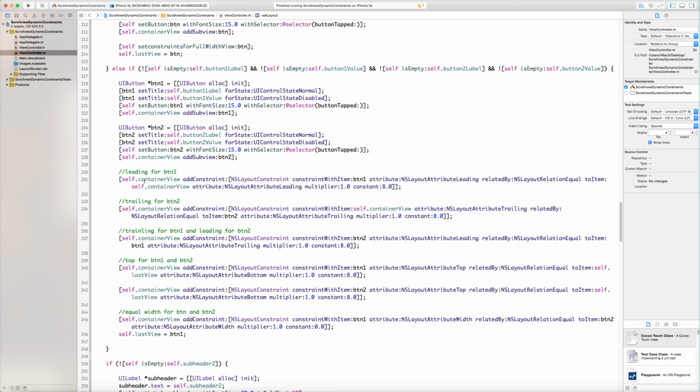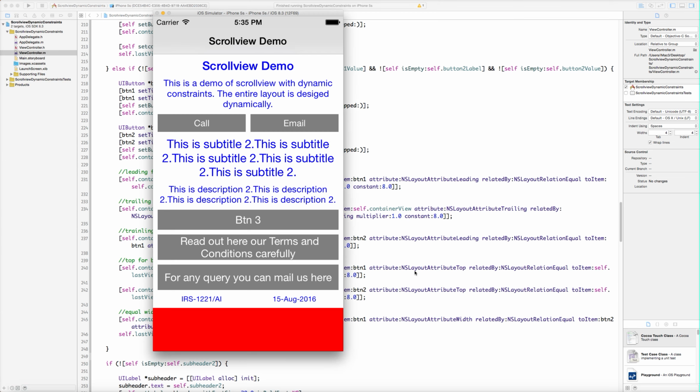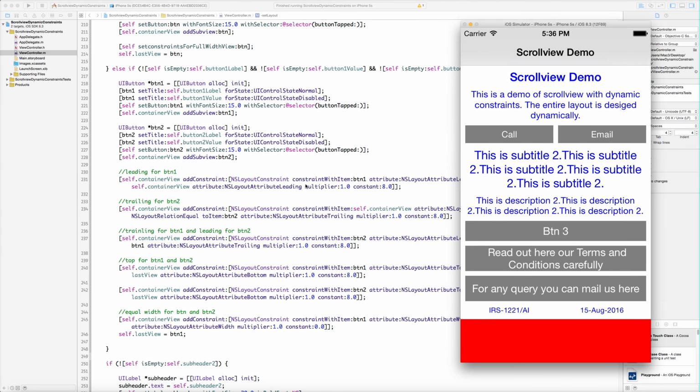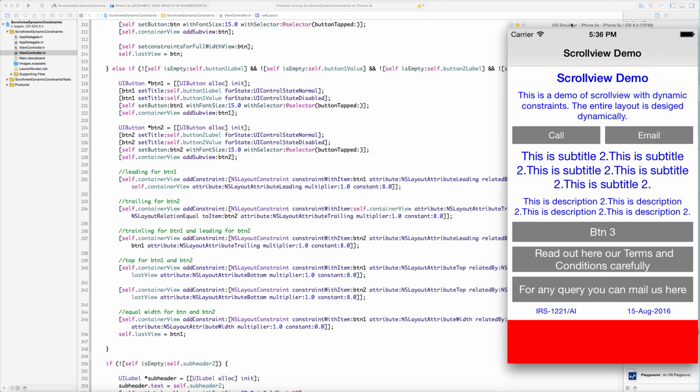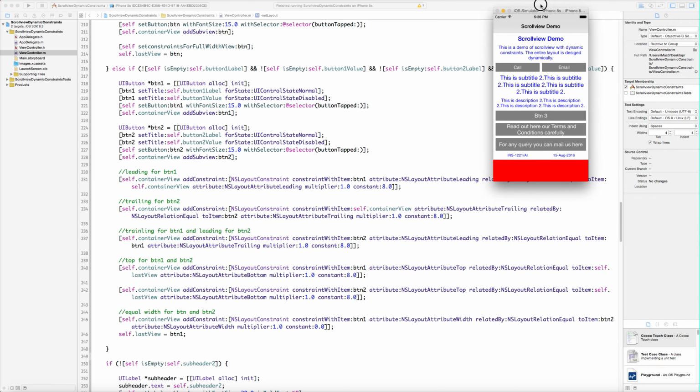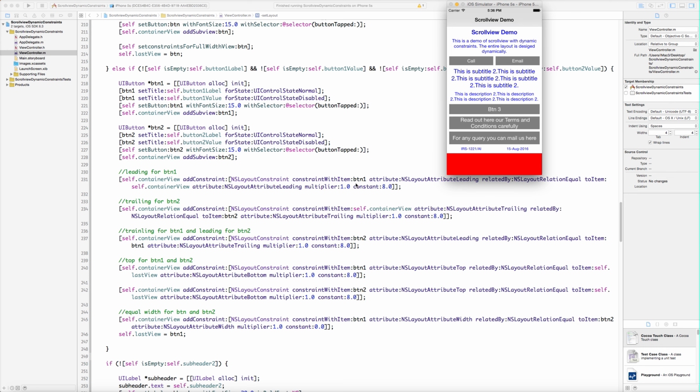So first of all, button 1 leading to the container view, then the trailing for button 2 to the container view, that is button 2's trailing constraint to the container view.